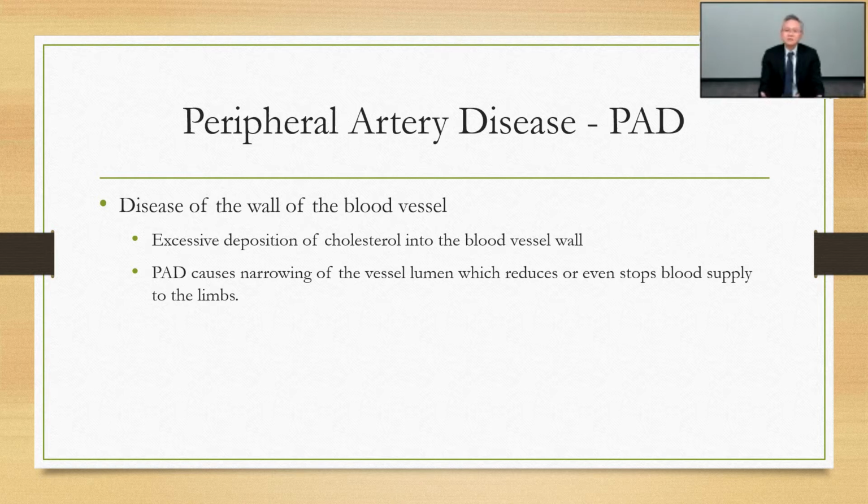So what kind of disease can happen to the blood vessel? We have a disease process that involves the artery, mostly caused by deposition of cholesterol into the blood vessel wall. And as time goes on, more and more cholesterol will build up. And what you end up with is a bulkier and bulkier cholesterol plaque over time, which will encroach into the lumen of the blood vessel, causing narrowing and restriction of the blood flow. And that would pose a significant problem to the organs. In this case, the extremity